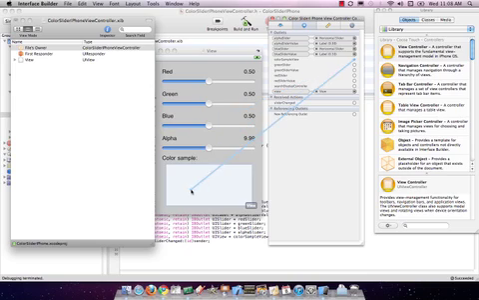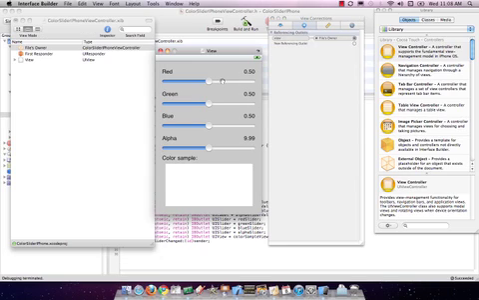So, color sample view, that's this one. Green slider, that's here. Value, that's there. Red slider, that's there. Red slider value. And then for action changed,